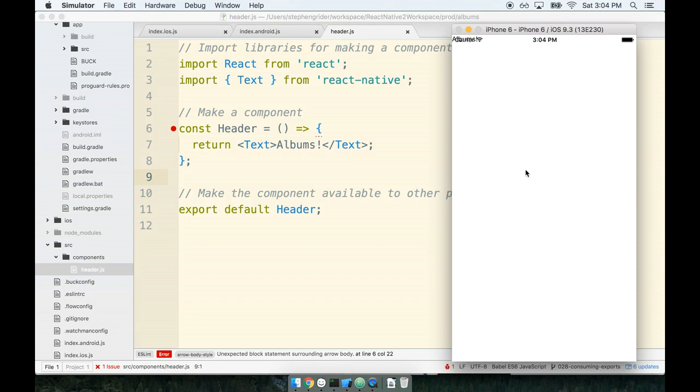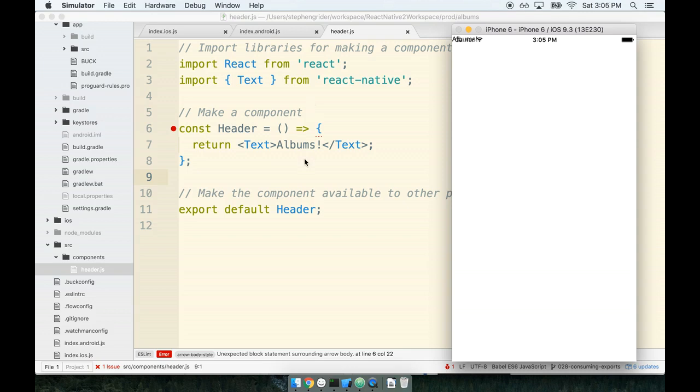We've now got our header component created and it is being displayed by the app. But the styling could still use a lot of work. In particular, the header is displaying the network bar on the iOS version of the app. On the Android version, it's probably at least showing in the right spot, but we definitely need to fix this up a little bit. So in this section, we're going to start by working on styling for our application, specifically